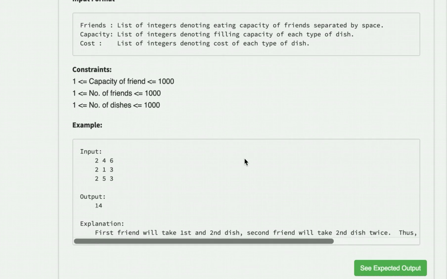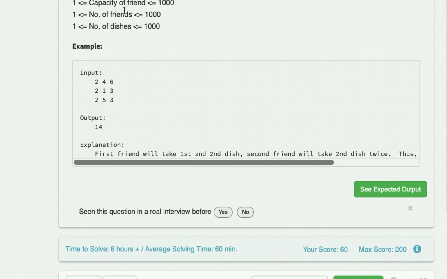Okay, so now we see the input format. A list of integers denoting the eating capacity of friends separated by space. We also have capacity, a list of integers denoting the filling capacity of each type of dish. And we have the cost, a list of integers denoting the cost of each type of dish. We're also given constraints where the capacity of a friend, the number of friends, and the number of dishes all are between 1